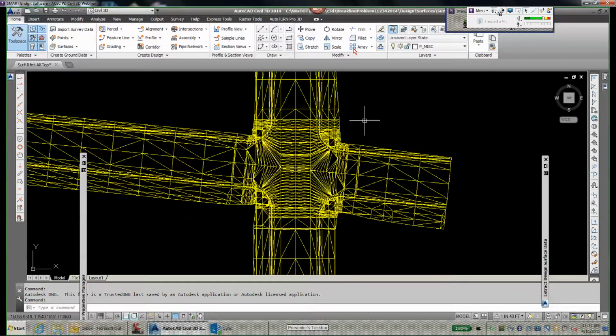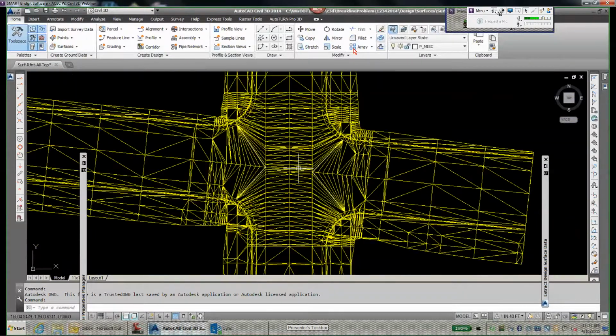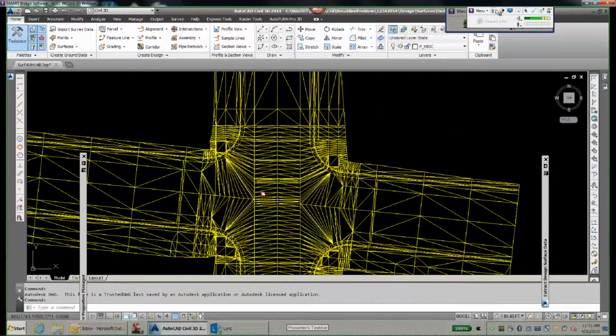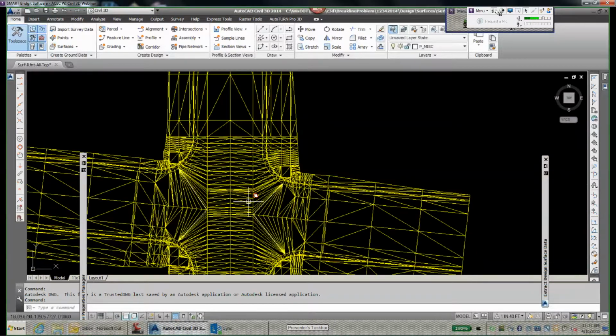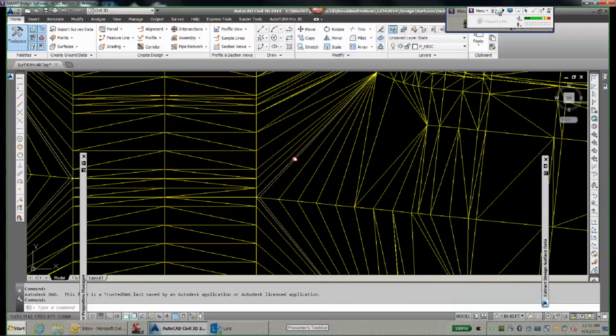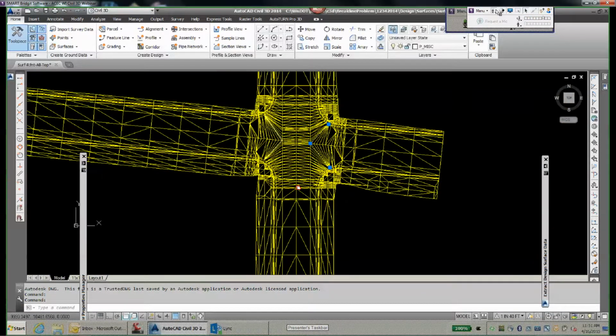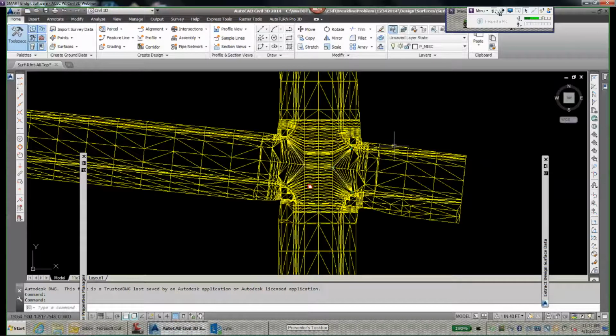This data set will look familiar to you soon if you view our upcoming training on curb ramps. This is the data set I used in that training. So this is a refinement surface. This is a top surface, so it's got quite a bit of level of detail in there. We've got curb ramps, we've got gratings, we've got added brake lines. Here's a 3D polyline that was added as a brake line. All kinds of stuff. So the tool is going to have to mine all that information that built this surface and provide my brake